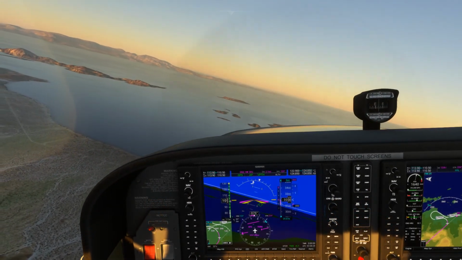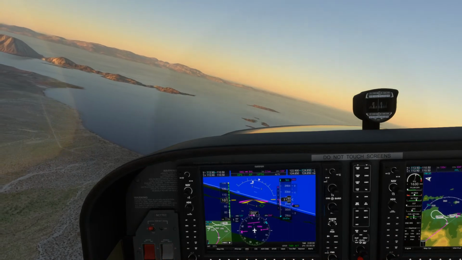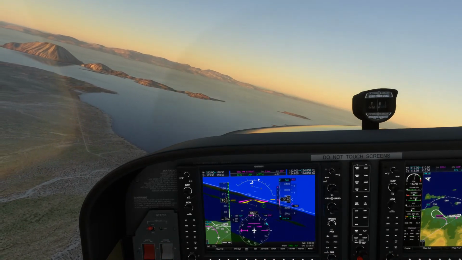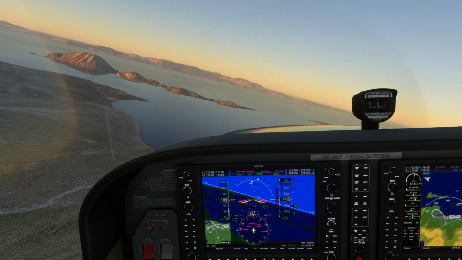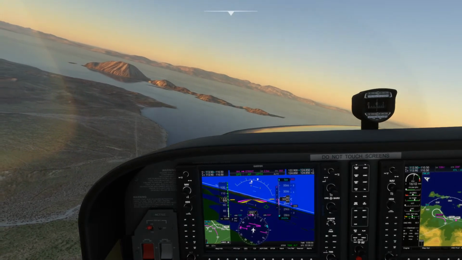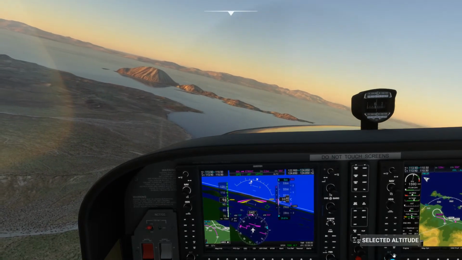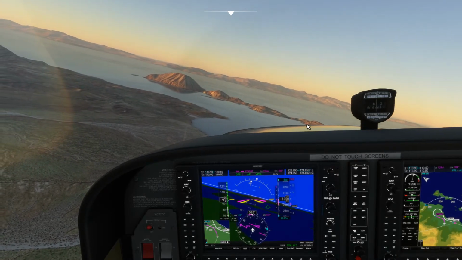I've got mixture now at rich. We're going to go straight and then circle around. Look at that island there, isn't that something?